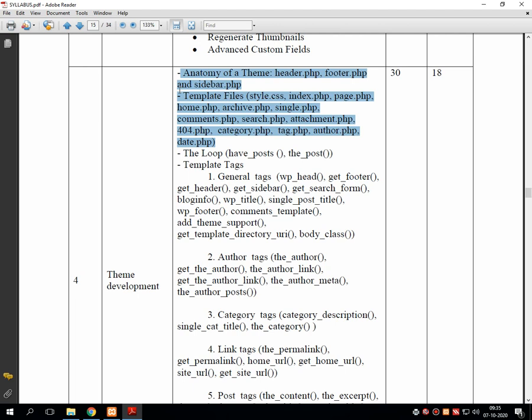Now once this section gets over, we'll go for the looping control structure in WordPress by have_posts and the_post.